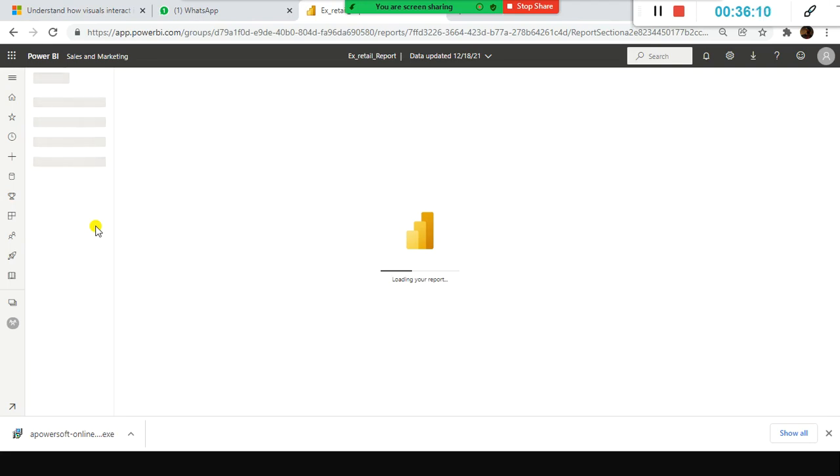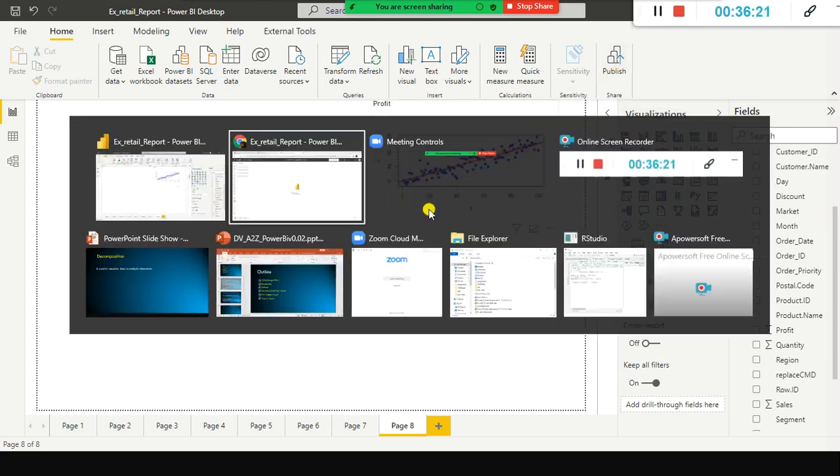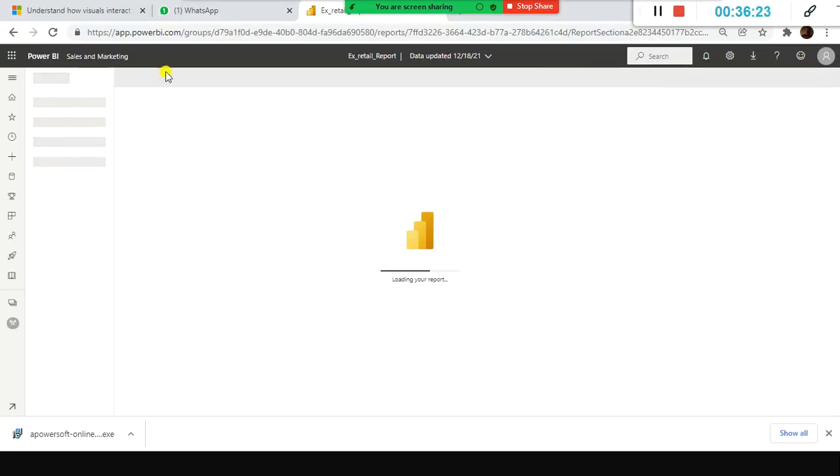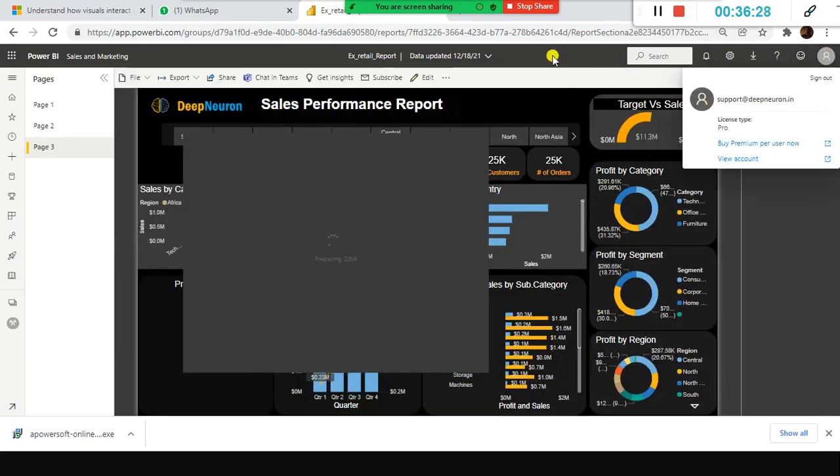You know how to publish it. There is only one button, publish, in Power BI desktop. Look here, in Power BI desktop we have something called publish. If I click publish, it will ask for the username and password for my Power BI cloud service. Here I have used support@deepneuron.in.